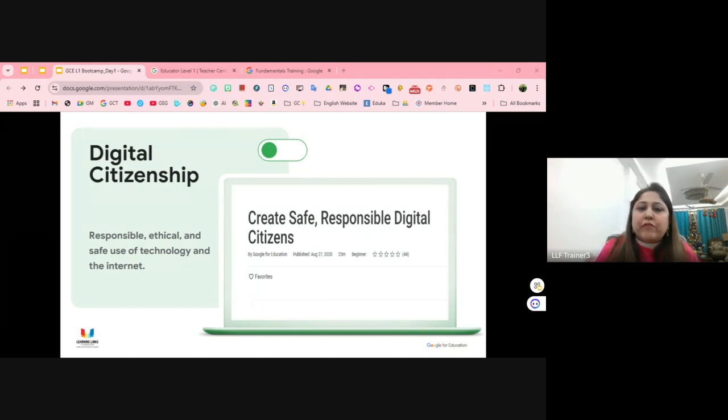Second, we move on to privacy. So here come the digital footprints and the reputation. Everything students post online contributes to their digital footprints. As you go along a beach and walk on the sand, wherever you walk, you leave your footprints. Similarly, when you go on to the internet, it's the World Wide Web, it's huge. You enter information online, you search for things, you send emails, everything behind leaves a footprint